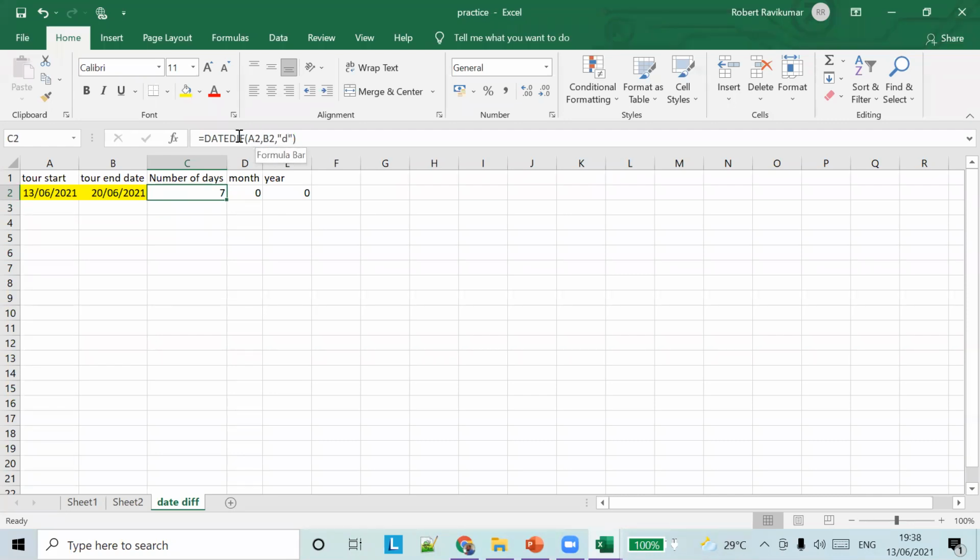There is a function called DATEDIF, and you have to pass 3 parameters: a start date, an end date, and the unit of difference.